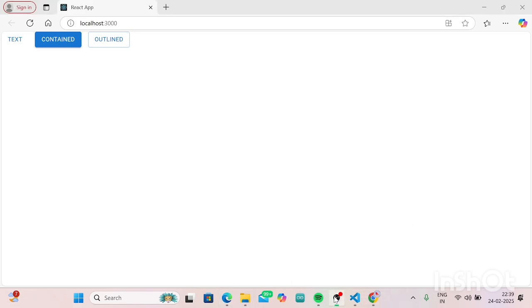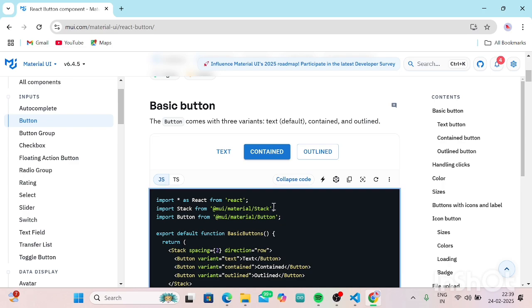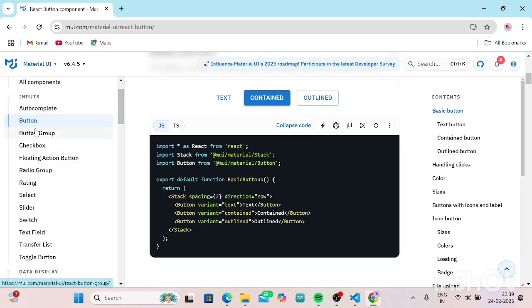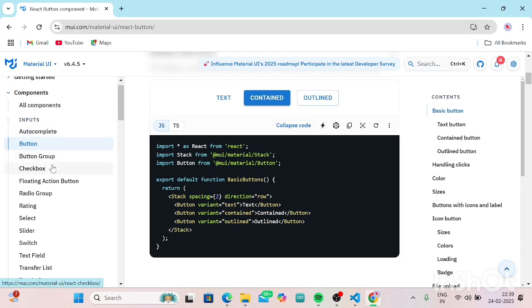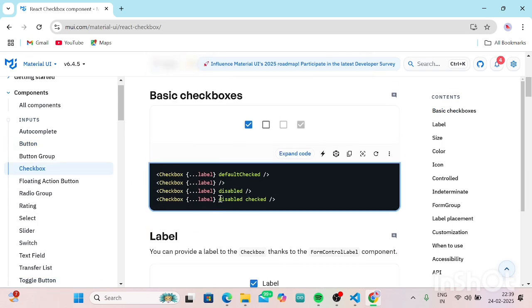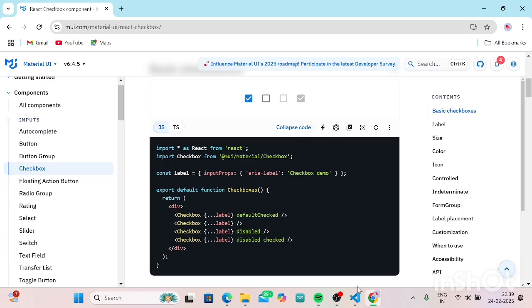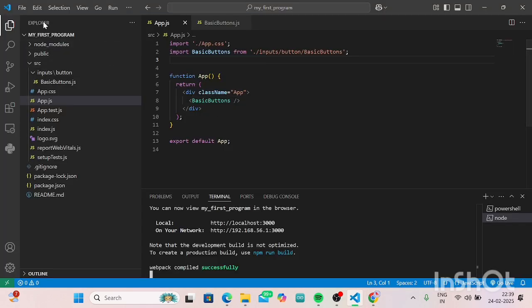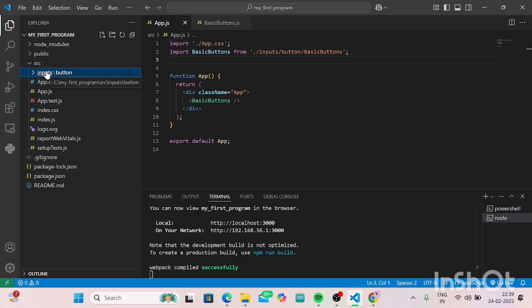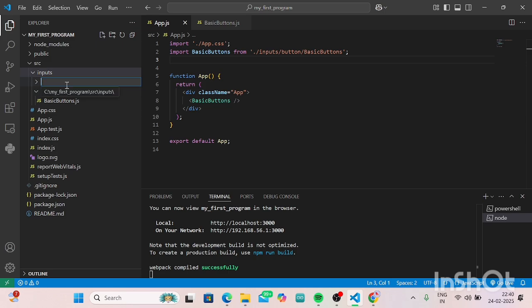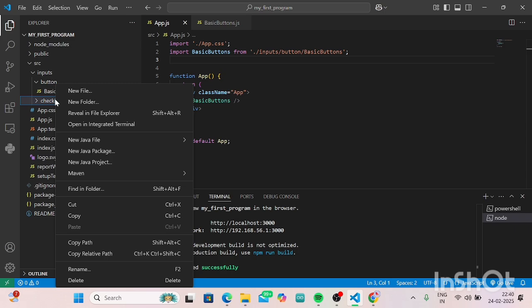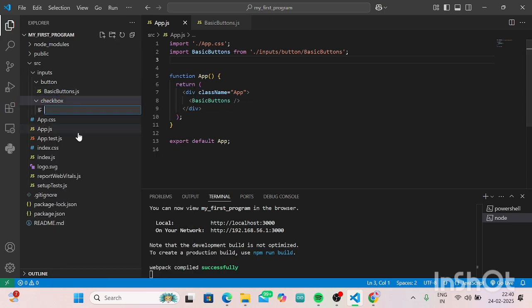Let's look into another example of MUI itself so that we can understand better. Go to MUI components. In the all components menu, in the inputs, let us add a checkbox example. This is the example for a checkbox. Expand the code, copy the code, and go to VS Code and create another folder which is of name checkbox. Press enter. Add another file into it which is of